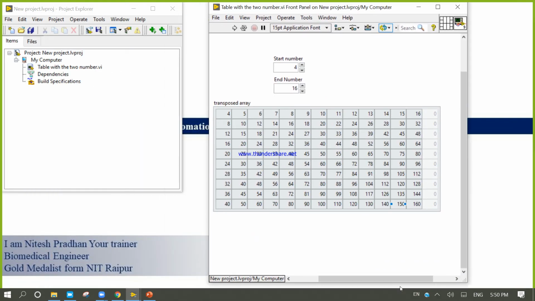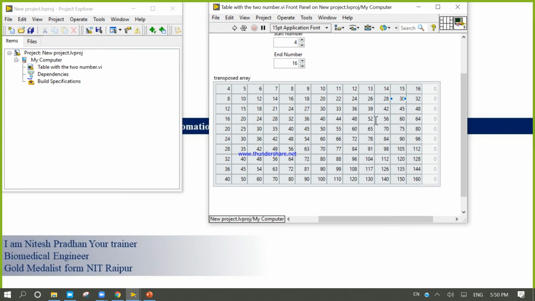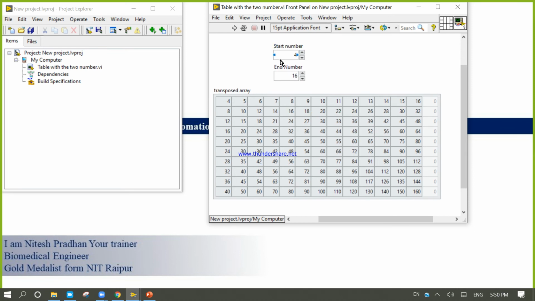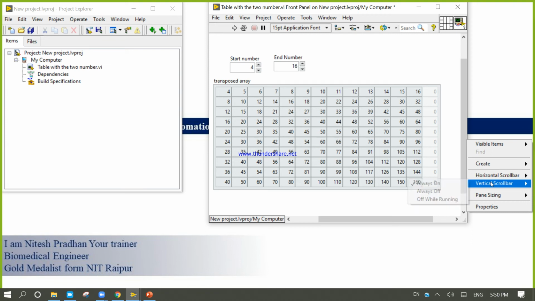After that come to your front panel and try to fix all these things like this. Start, range, right click on the vertical, off.